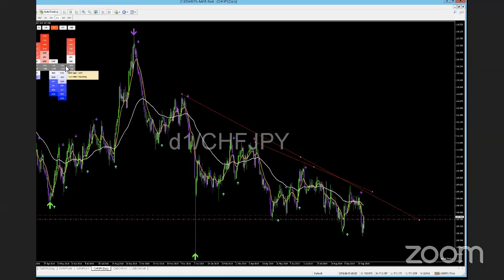So CHF is gaining a lot of strength, and market sentiment anticipates it to do so, primarily because, for those of you who don't know, we're in the third quarter, well, the official fourth quarter according to the sales industry. But for economic and the government, they do their fiscal year a little bit different. So October is a big month in terms of calculating COLA, cost of living, and the things that affect your